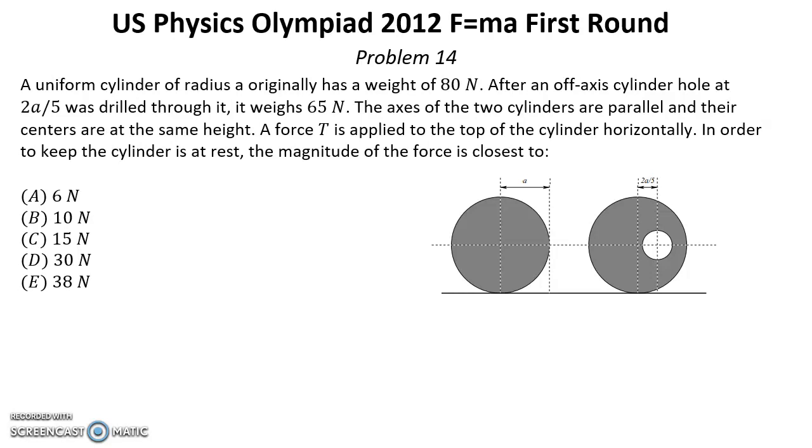A uniform cylinder of radius A originally has a weight of 18 newtons. A cylindrical hole of radius 2/5A was drilled through it. It weighs 65 newtons. The axes of the two cylinders are parallel and their centers are at the same height. A force T is applied to the top of the cylinder horizontally. In order to keep the cylinder at rest, the magnitude of the force is closest to